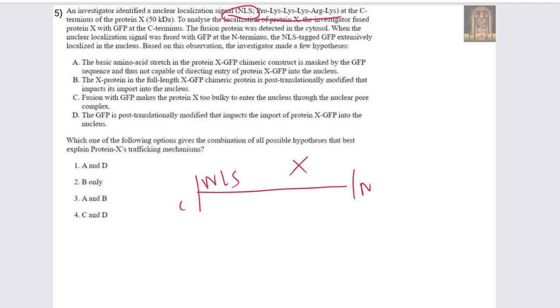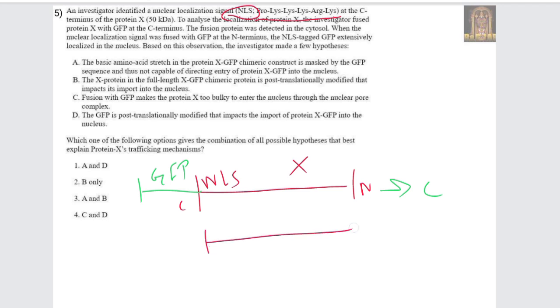To analyze the localization, he has fused the GFP protein at this site. So that site means the C site. So we already know that if that is the NLS sequence, it will go inside the nucleus, but he wants to have a confirmation on that, so he has fused it on the C terminus. So the fusion protein was detected in the cytosol; he got that this protein is present inside the cytosol, not in the nucleus. When the nuclear localization signal was fused with GFP at the N terminus,